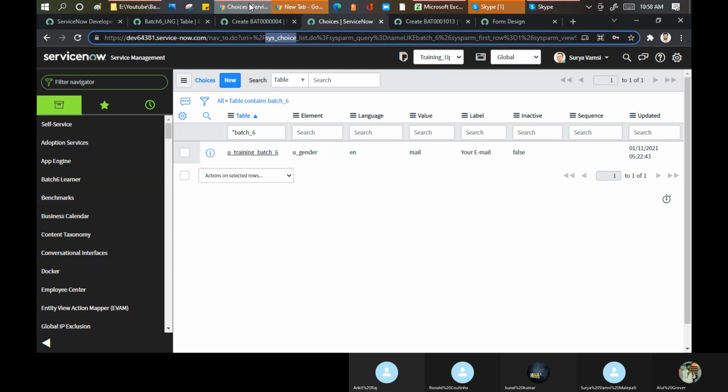Think now. Second homework, create minimum 3 to 4 tables. Put the different extensions on that part. Extend from the task, extend from the incident, try to extend from the incident table if possible. Okay. Location table, user table, try to extend different tables and see how these are behaving at your end. For that, you can use your personal instance or you can use my instance as well. That's not an issue for me.